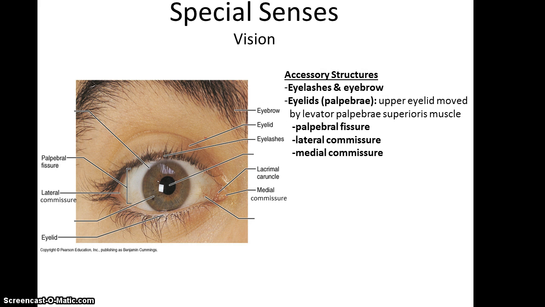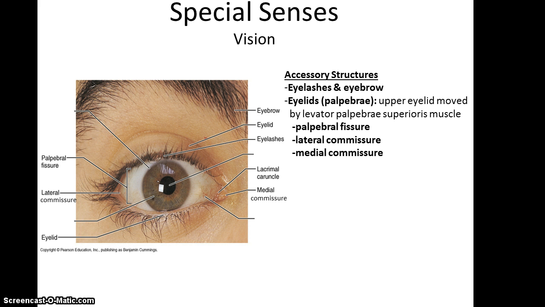So, let's start with the accessory structures associated with our optical sense. We have the eyelashes and the eyebrow. These are extra little bits of hair, the purpose of which is to try to keep things from falling in your eye, although it seems to me it's the eyelash that's going to fall in the eye more often than anything else. You have the eyelids themselves, both an upper eyelid that's moved by the levator palpebri superioris muscle and